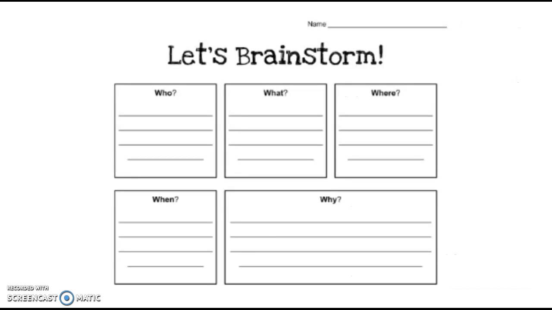Awesome job today, boys and girls. I really felt that you as readers were developing new skills of how to answer questions about our 5 W's. I'm now going to send you off to read your independent reading book and see how we can apply this to our own reading. So I'll give you this brainstorming sheet. On here you can just dot and jot some things that you come across in your own text.